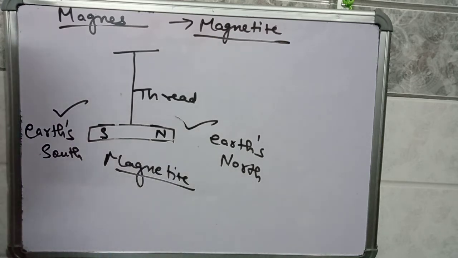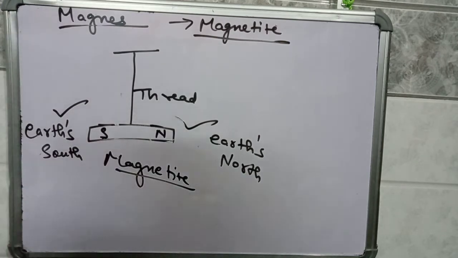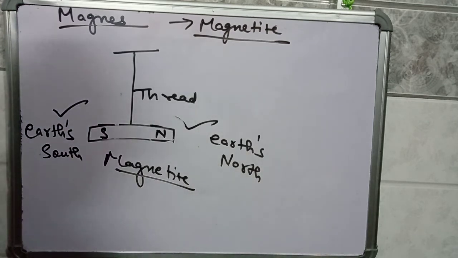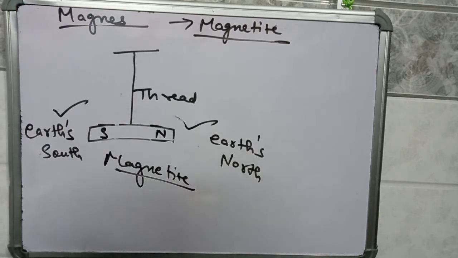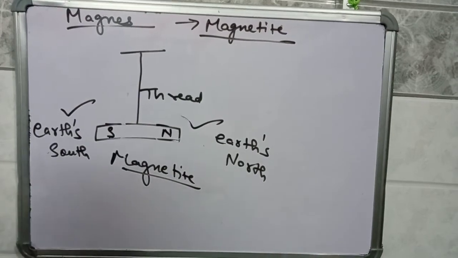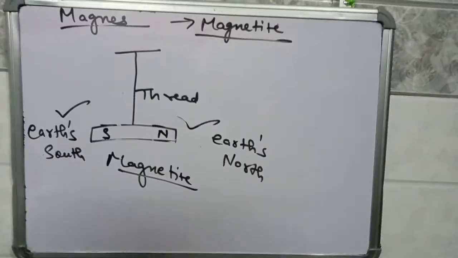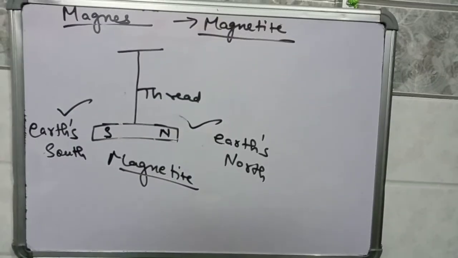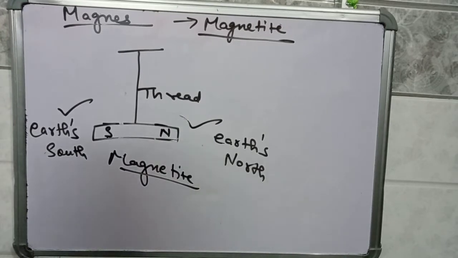You must have observed that only a few substances are attracted towards the magnet, and a few are not attracted towards the magnet. For example, plastic. Suppose there is a toy made up of only plastic, that will not be attracted towards the magnet, right? If in any toy suppose iron is present or steel is present, then it will be attracted towards the magnet.